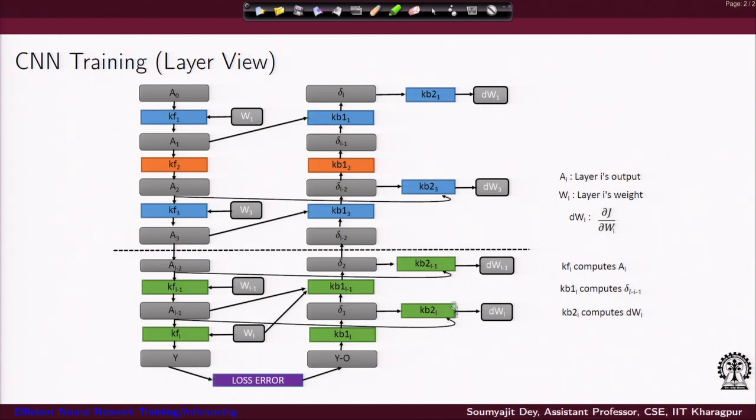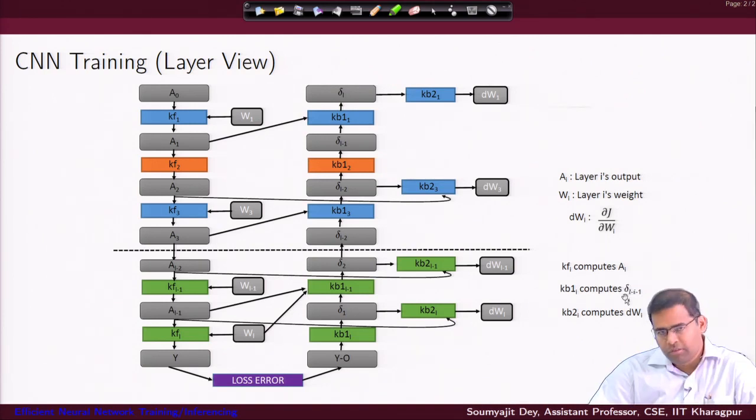So, with that, what we figured out was that if we look forward at how the pipeline computes the different indices that we discussed earlier, we thought that let there be the following kernels: any kernel KFI which computes the forward activation output AI of some ith layer, and some kernel KB1I which computes the error term, right. Now, one important thing, if you notice in this picture, for the error term we are writing it delta L minus I minus 1.